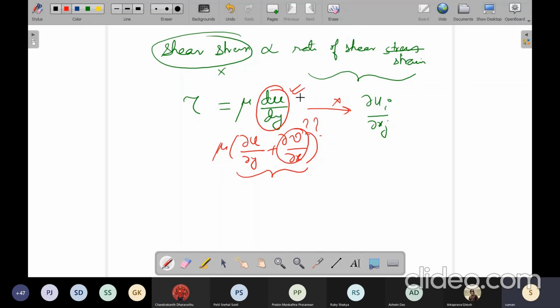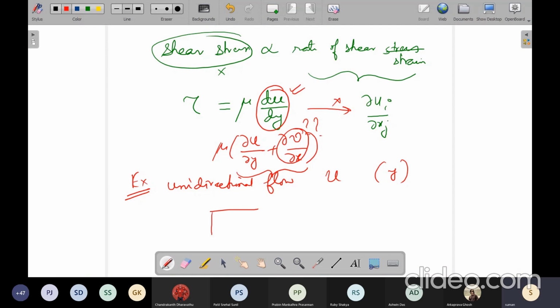What has been taught in the first course of fluid mechanics is a special example. See, this is why books are incomplete. They will never write it as a special example. It's a unidirectional flow. Unidirectional flow will have only one velocity component u, which in the example we are talking about is a function of y.